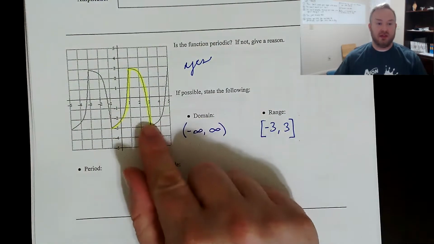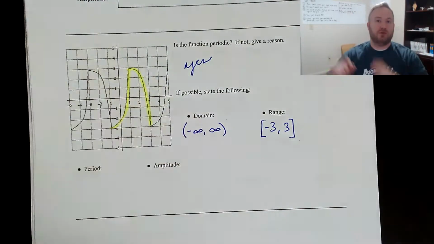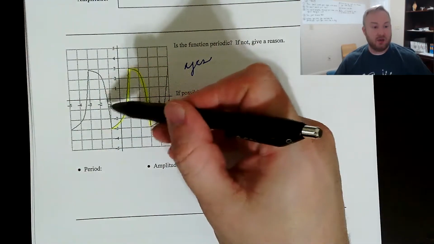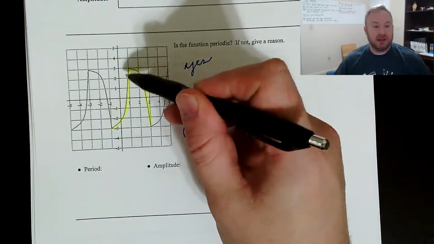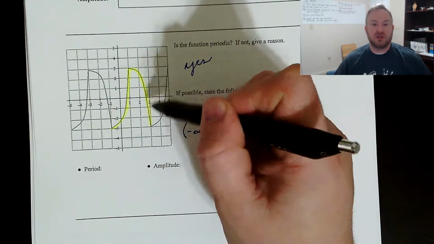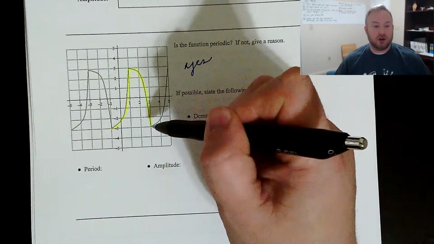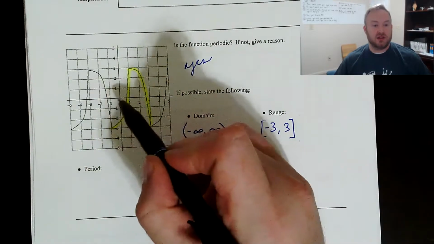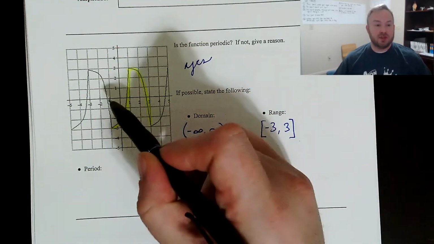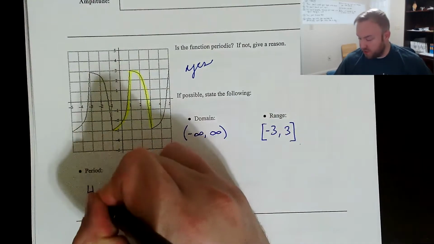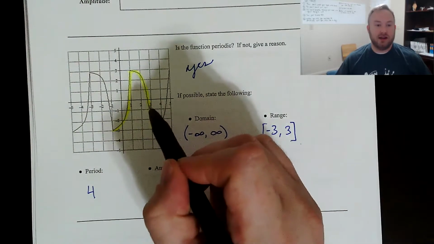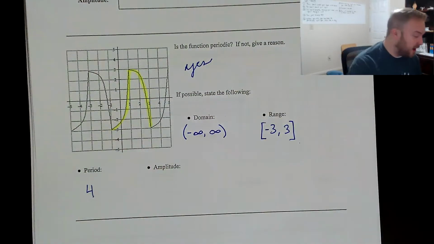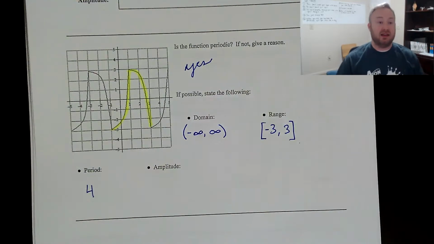And this is the thing that is just kind of copied and pasted over and over and over again. Now you can see that this cycle starts at an x value of -1, and the cycle ends with the point whose x value is 3. So this cycle occurs on the x-axis from -1 to 3, and the period is just the length of that interval. So from -1 to 3, that's a length of 4. If you want to, you can just subtract 3 minus -1, that's 3 plus 1, which gives you a period of 4.